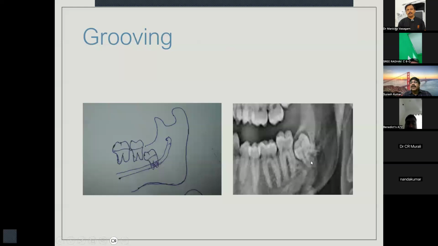Look at the X-ray example. So you have radio opaqueness of the root here, radio opaqueness of the root here. But where the inferior alveolar nerve is crossing, the root shows a kind of radiolucency. That means it is not only superimposition, the nerve is actually very close to the root, in fact grooving the root. So in this kind of situation, we have a lot of possibility for causing paresthesia to the patient. It is very difficult to manage the paresthesia if it has been caused. So in this case also explain to the patient there is a possibility, there may be some extended numbness of the lip after the procedure. So explain them and then do it, they will understand.